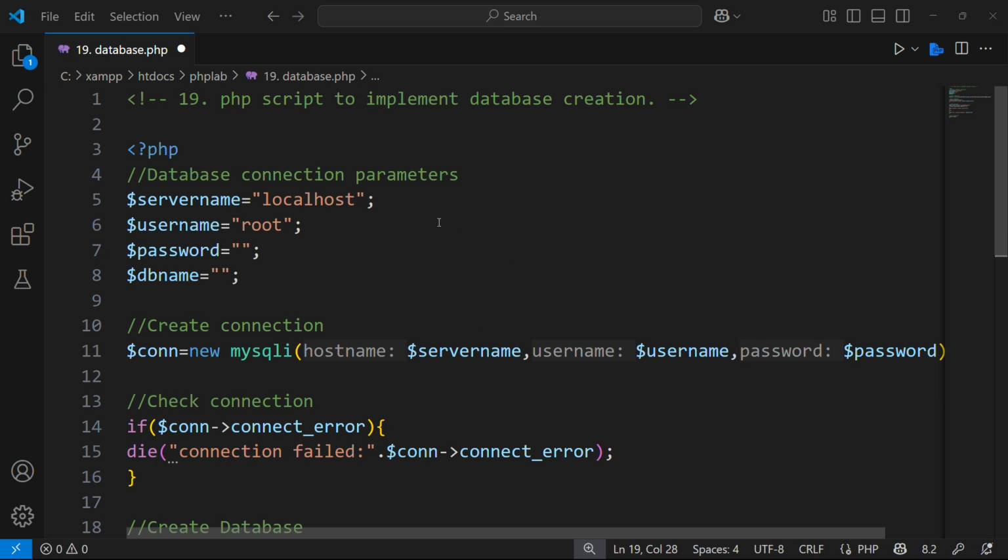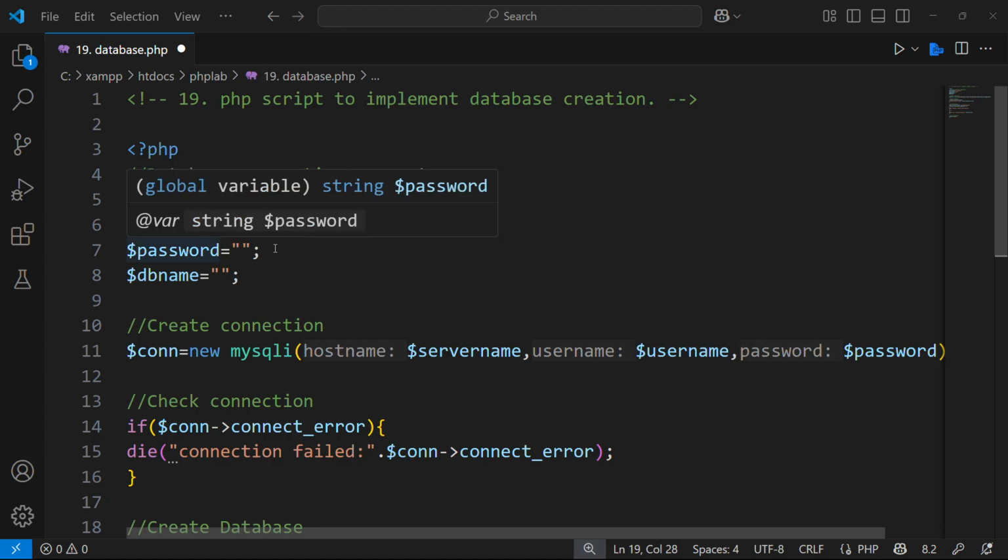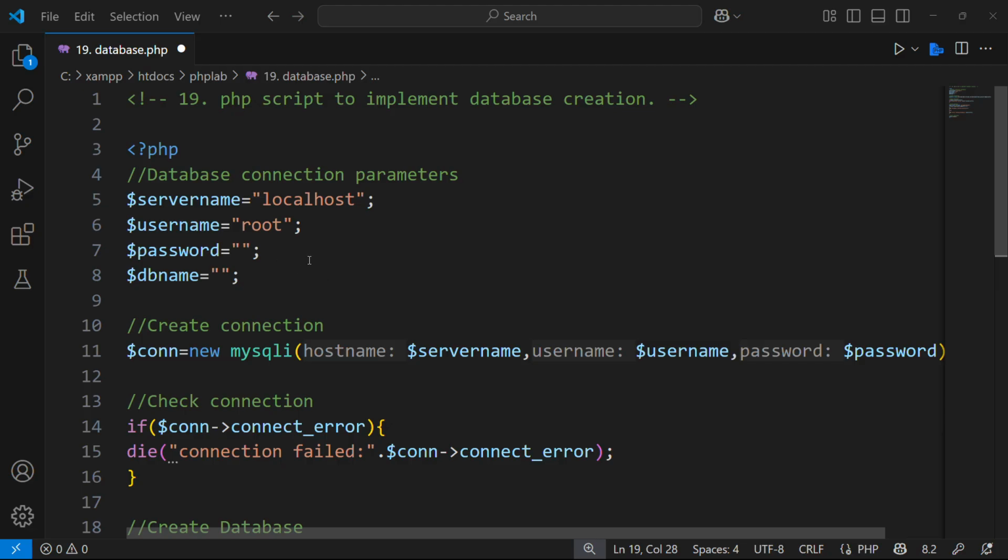Okay, so we'll see how to execute a PHP script to implement database creation. Here we need to establish the database connection. For that, we require declaring some variables: server name, localhost; username, root; password is empty here since there is no password; and DB name, which is